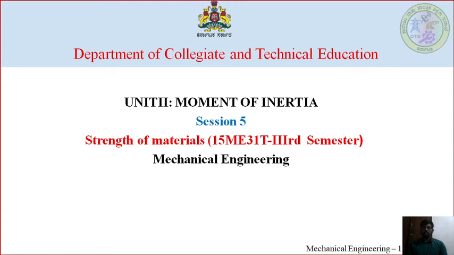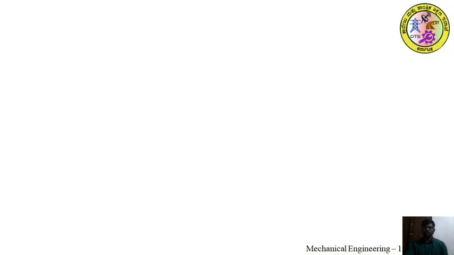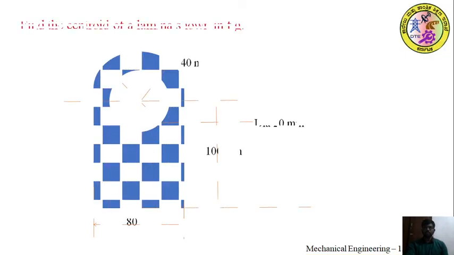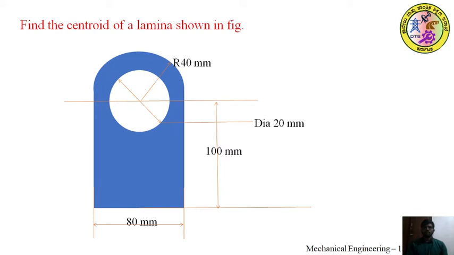In the previous session, we discussed how to find the centroidal distance of T section, I section, L section and channel section. In this session, I am going to explain how to find the centroid of the lamina as shown in the figure. This includes a rectangle, semicircle and circle. Together I am going to explain how we are going to find the center of gravity or centroid of